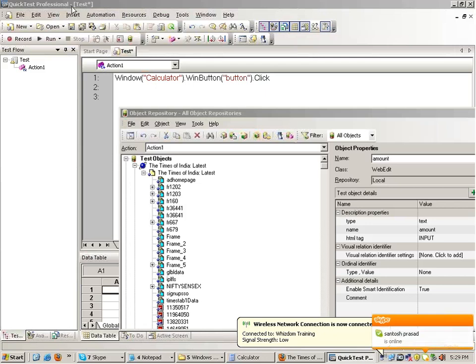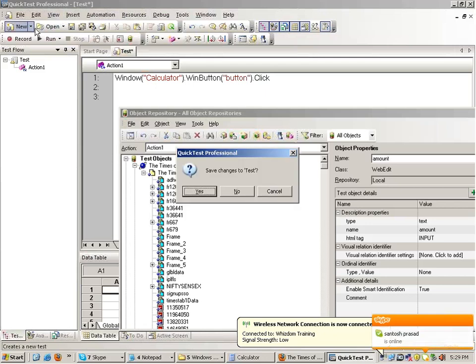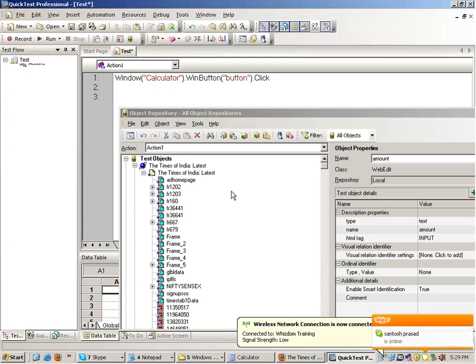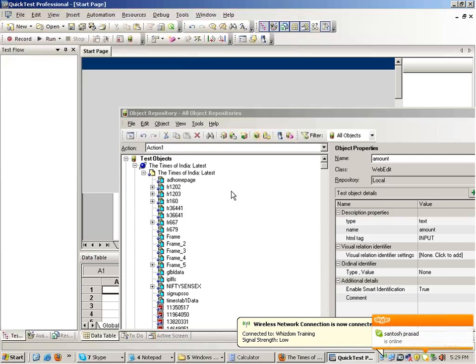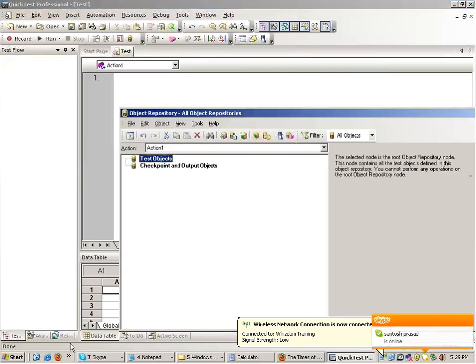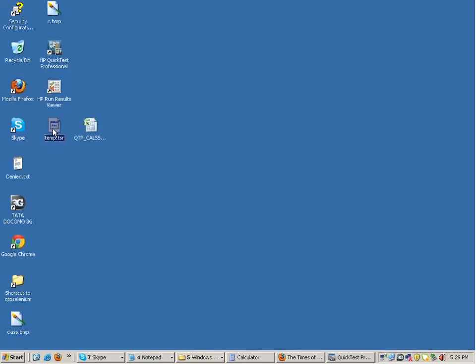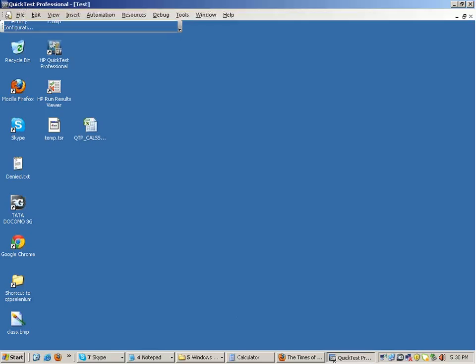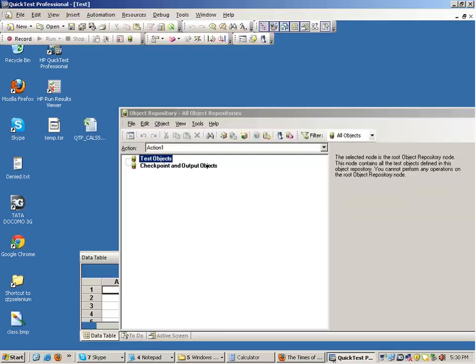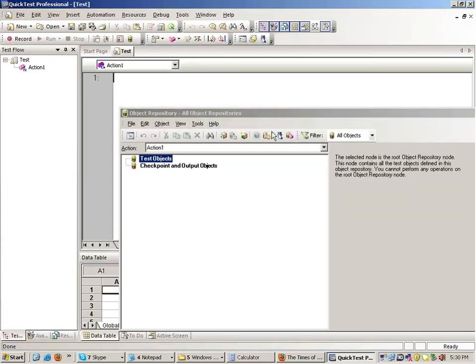Now suppose I make a new test. I make a new test, the repository goes blank. And if you go to your hard disk, then you have the temp.tsr file here. Inside this file, all the objects are present. So if you want to import the contents of this repository into your test, then there is the icon called out here,